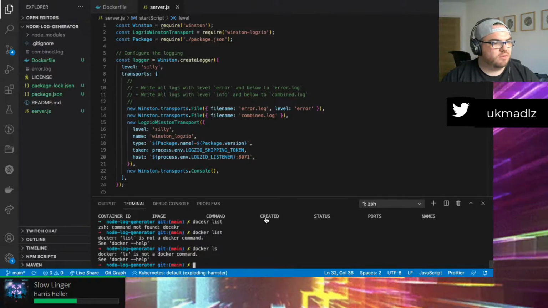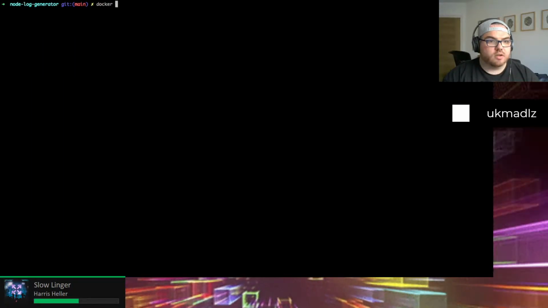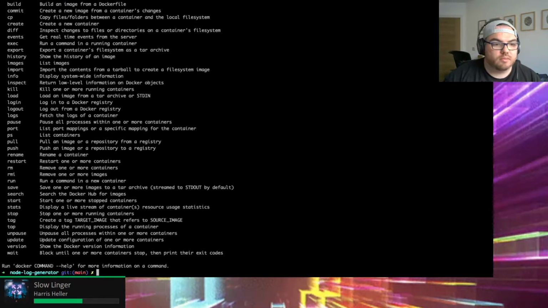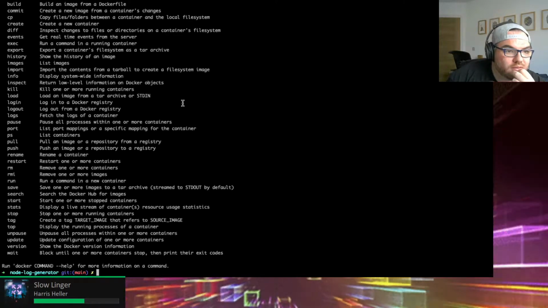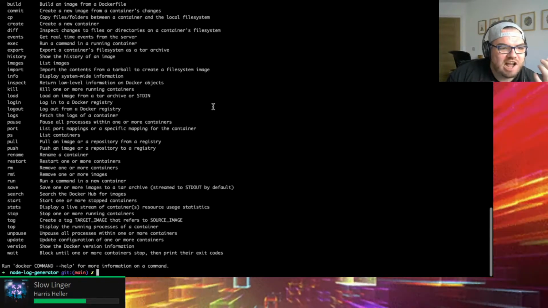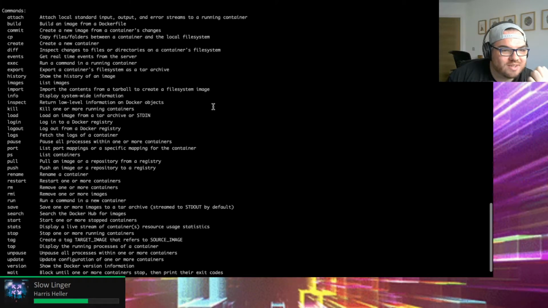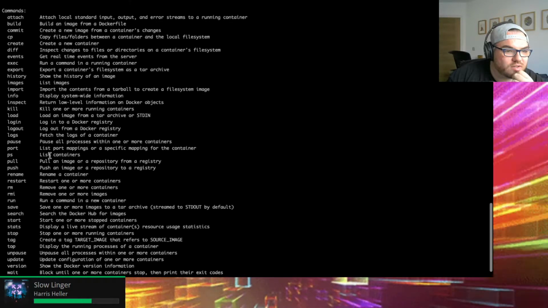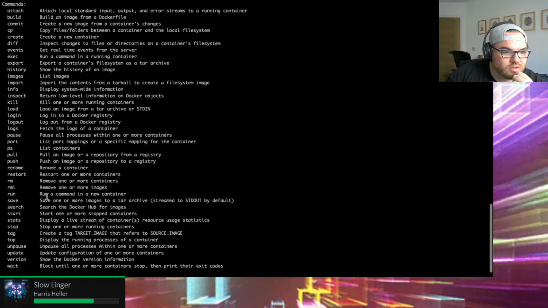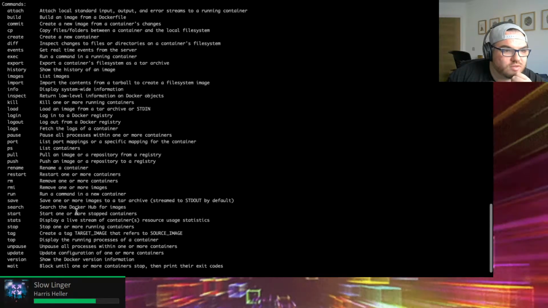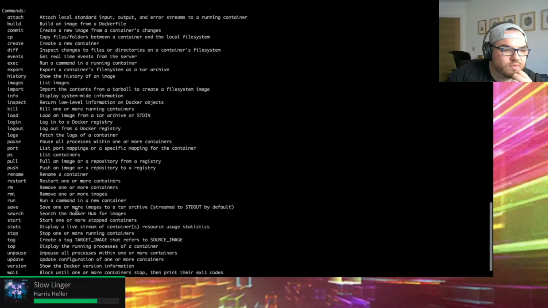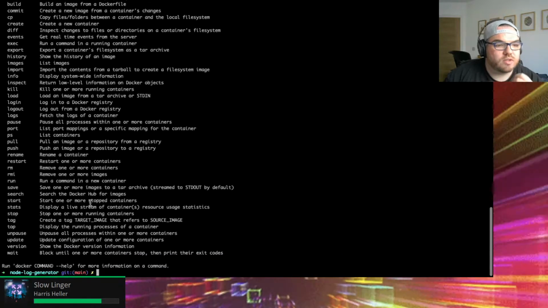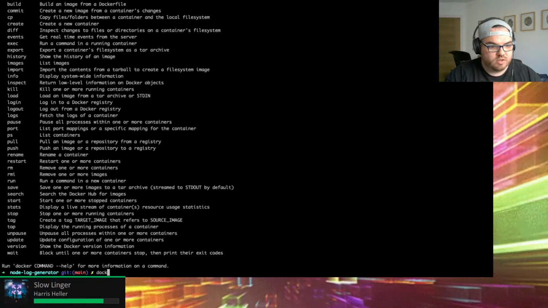You know what? Let's go to the command line. Docker help. Wrong mouse. It's like, unzip ice and I pick the wrong one. List containers, let's list all active containers. Docker start one or more of the stopped containers. Run a command in a new container. It's probably just, let's do Docker images.